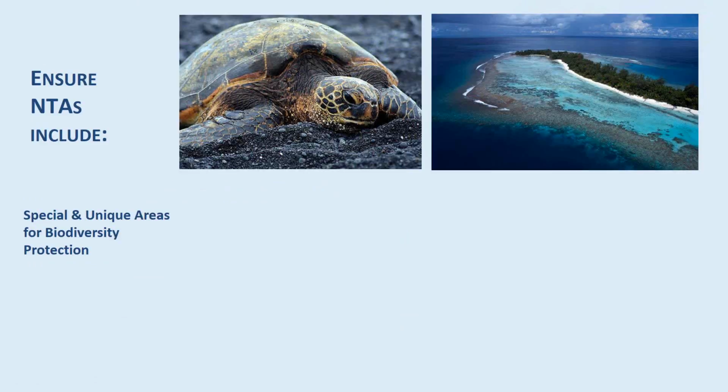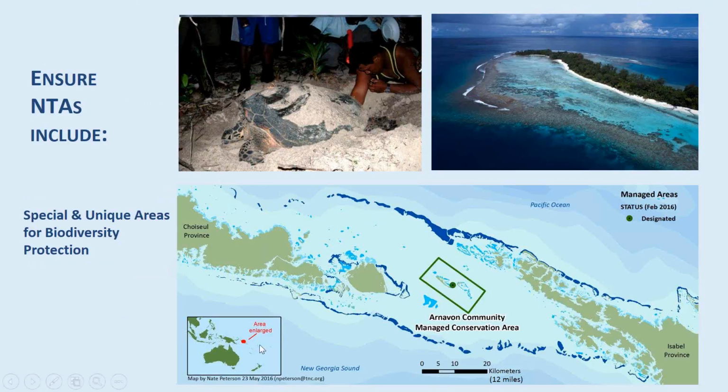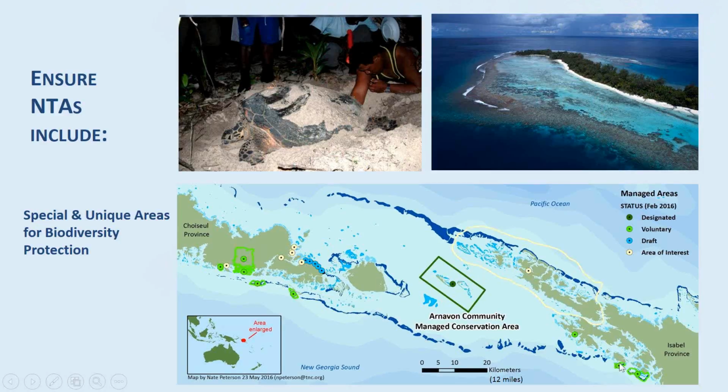A great example of where that's been done is here in the Solomon Islands, where in 1995, the communities worked together to set up this Arnavon community-managed conservation area to protect critically endangered hawksbill turtle nesting there. And now, 20 years later, they're getting twice as many turtle nests as they had before. So it's been successful for that, but in doing that, they've also supported all of these reefs, and they've seen a massive increase in the number of fish and invertebrates in the area, so much so that in the areas all around here, the communities are setting up their own examples of no-take areas.